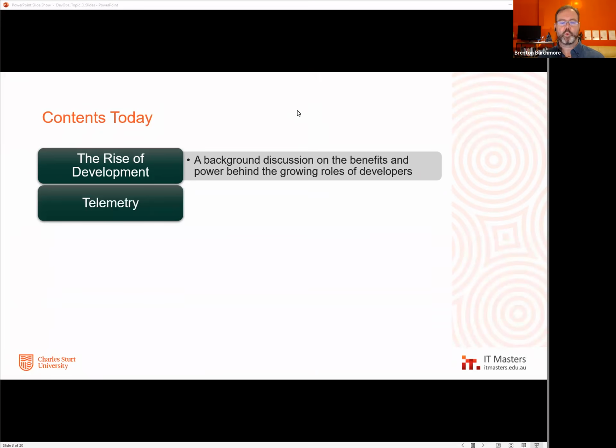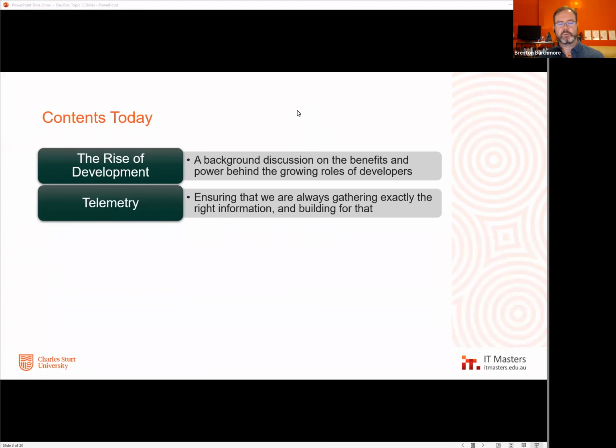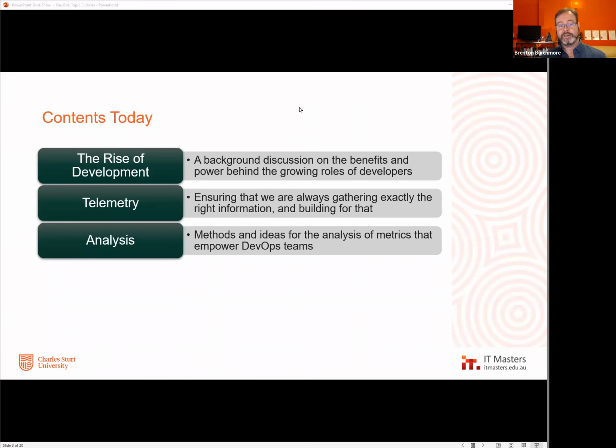We're then going to talk a bit about telemetry, what it is, what it means, where it comes from, how we use it, and the terminology from a DevOps perspective. We'll talk a bit about how we analyze that telemetry. I've got some examples. We might get into some things there that some of you might already be familiar with. So we might not spend as much time on that, but we will talk a little bit about how those metrics from the telemetry can really be turned into valuable insights, which is part of the feedback mechanisms.